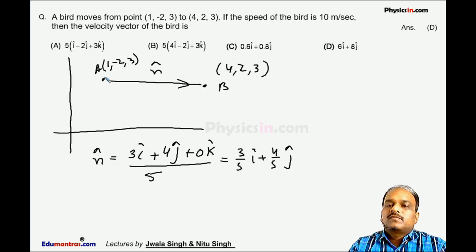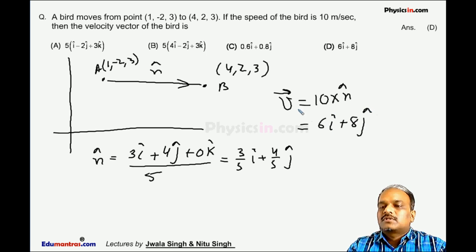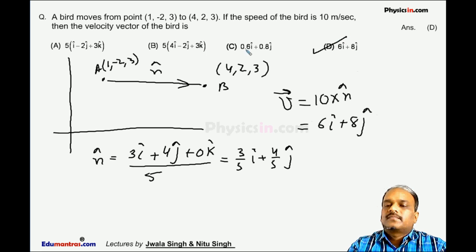This is n cap, along which the bird is moving. The velocity vector, so velocity of the bird is given by its magnitude, 10 meter per second, multiplied by n cap. So it comes out to be 6 i cap plus 8 j cap. So this is the velocity of the bird, because the bird is moving from A to